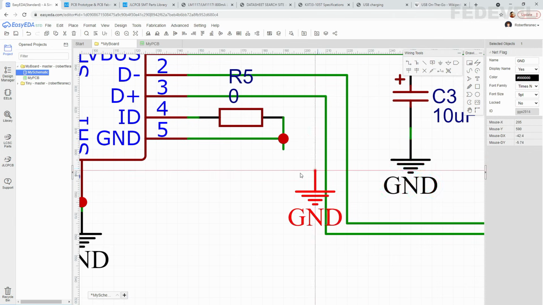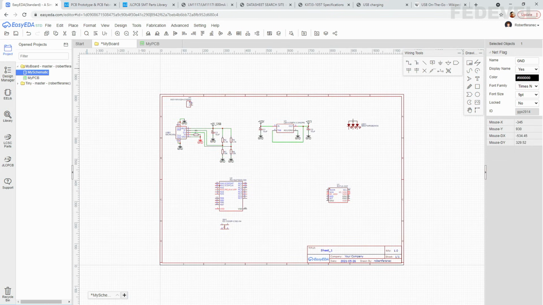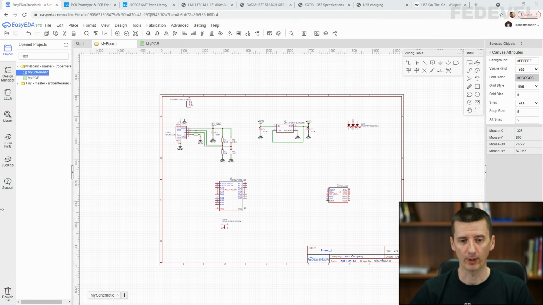And Control C, Control V. Next, we are going to connect these two power inputs together. However, we cannot just simply connect this battery connector directly to this 5 volts coming from this USB connector. Because if the battery is connected and also the USB cable is connected, USB power is connected, then they could fight